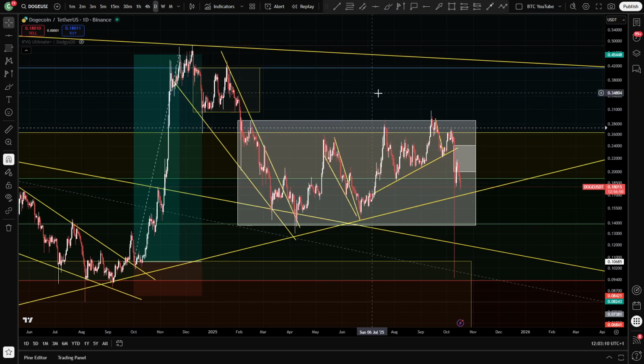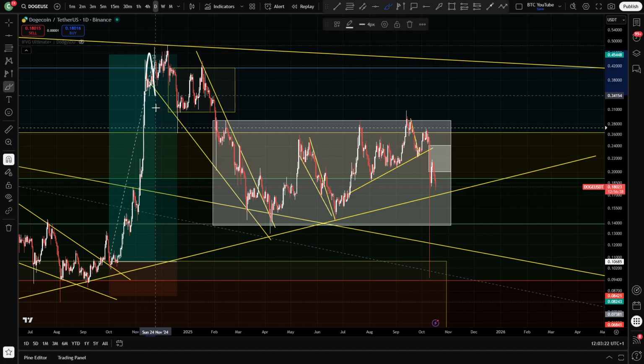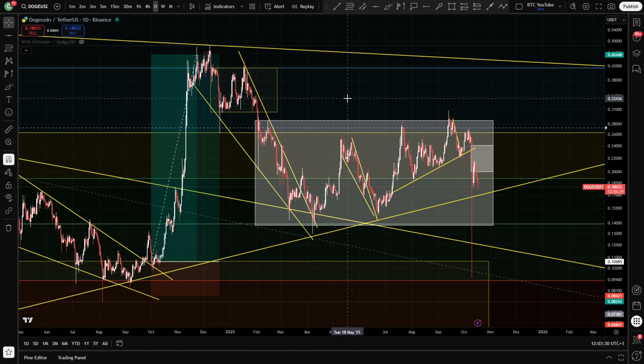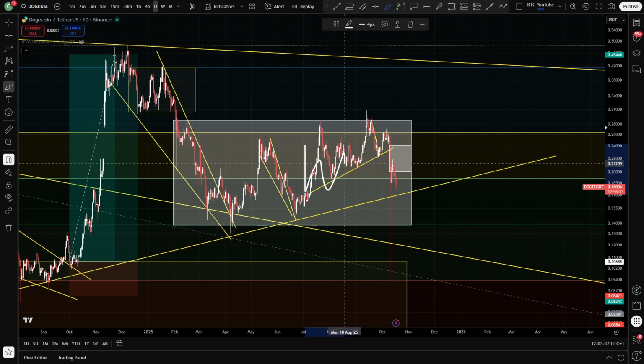But as you can see, going into this area here, we've got our Trump pump. We were actually already pumping for Dogecoin, but then we went into Trump getting the announcement that Trump was going to be the president. We got the pump in the crypto markets continuing us up to this 0.78 Fibonacci here in and around 45 cents, consolidated in this area, and then we came down into our tariff range that we had for a lot of our cryptos. We came down, tested the high and low multiple times. Dogecoin here looking like it was starting to squeeze up towards this area here, like it wanted to break out,